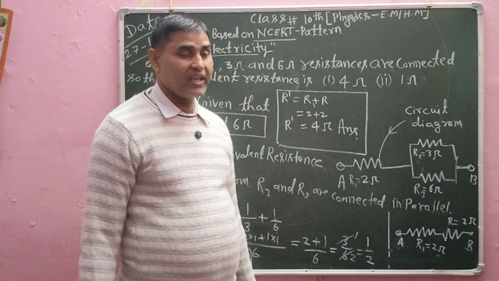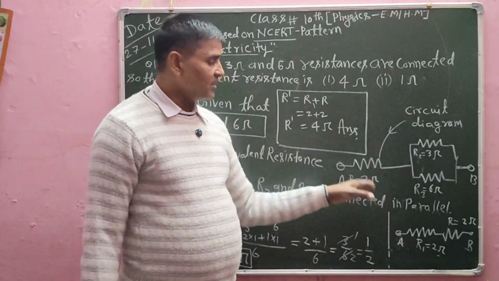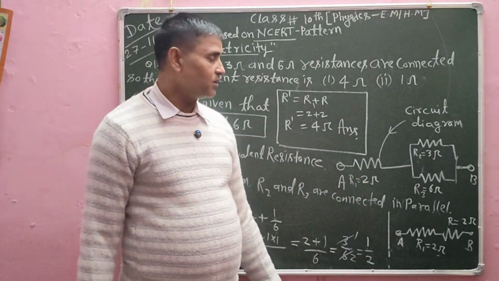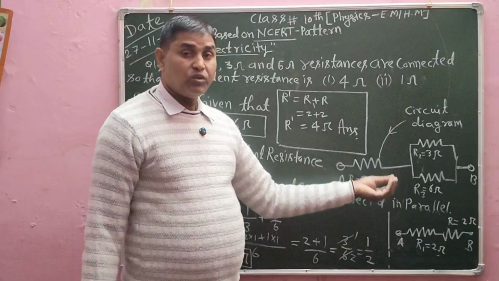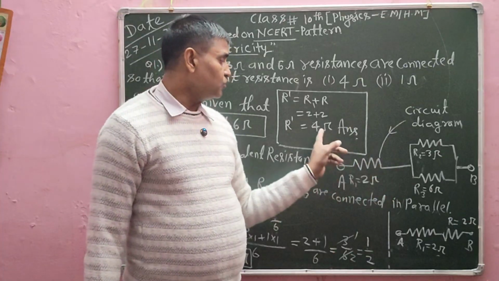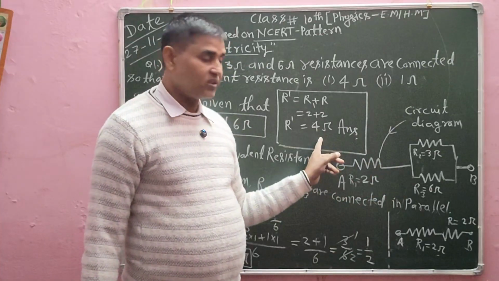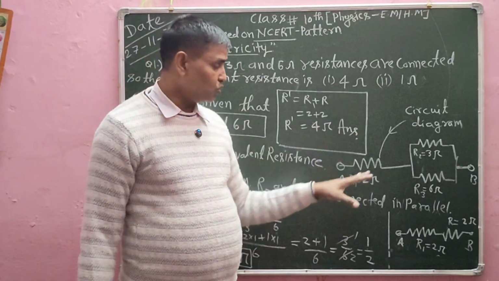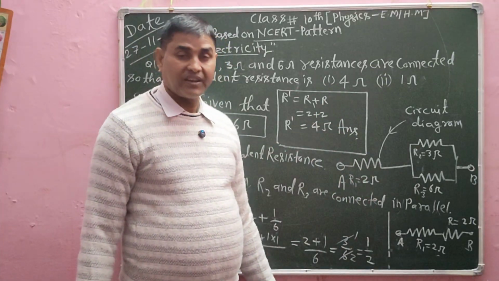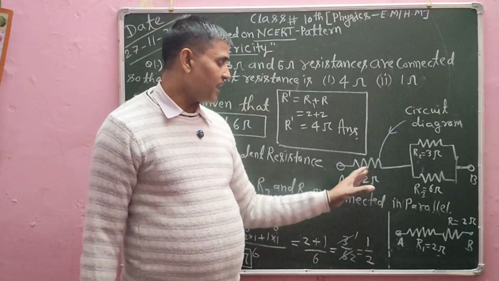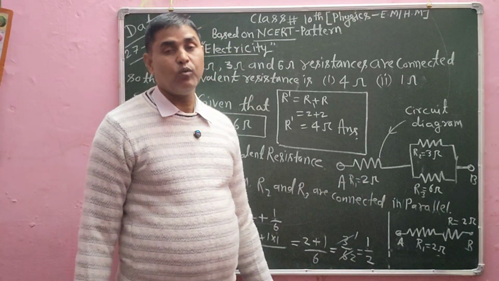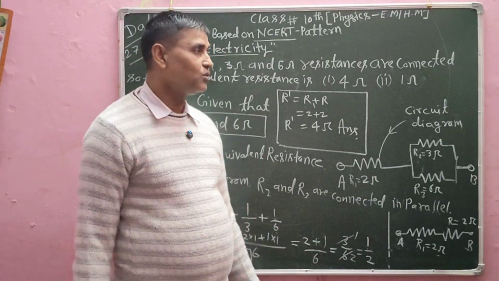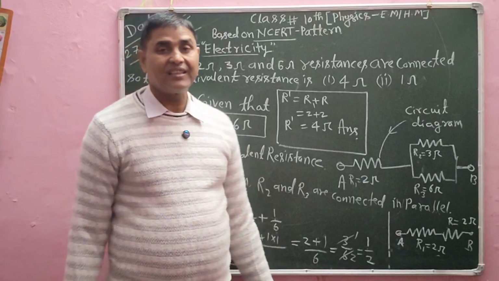इस तरीके से ए और बी के बीच में जो परिपथ है उस परिपथ में तुल्य प्रतिरोध का मान हमने 4 ओम प्राप्त किया। क्वेश्चन में भी 4 ओम है, इसलिए जो हमने सर्किट डायग्राम बनाया, ए और बी के बीच में परिपथ बनाया, वो करेक्ट है। ओके स्टूडेंट।